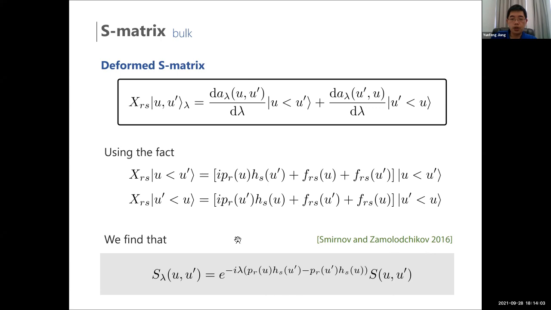And yeah, just to summarize, I have shown you how to use this bilocal type of argument, how to first rewrite the TTbar as a bilocal deformation. And using the bilocal deformation in the infinite volume, we can determine the asymptotic S matrix, which confirms the other derivations, either from Zamolodchikov-Smirnov or from some gravity type of derivation.